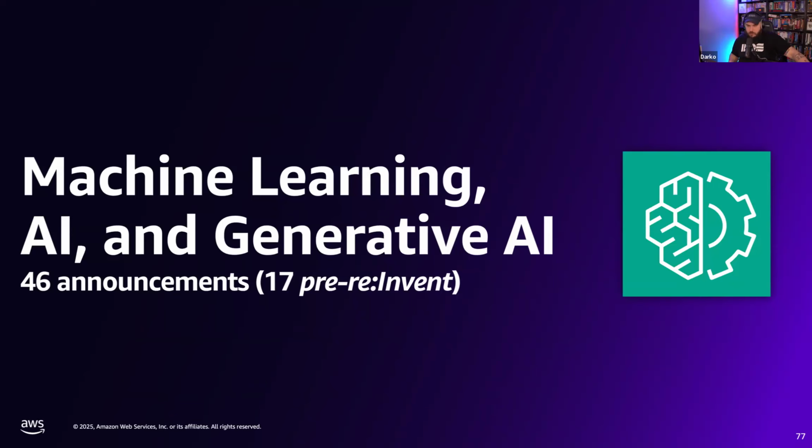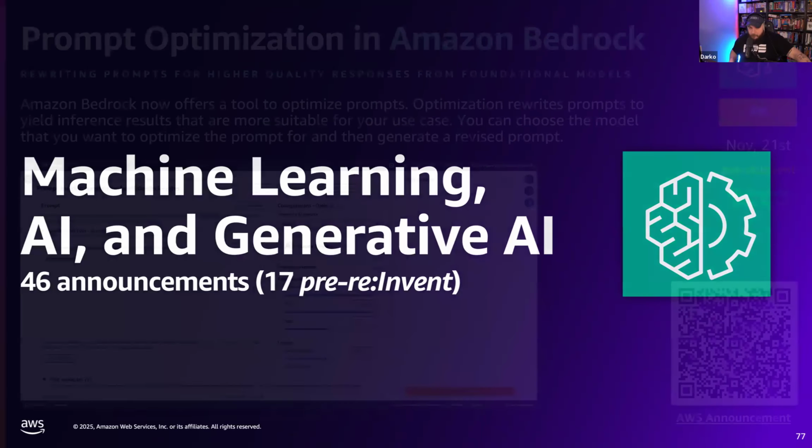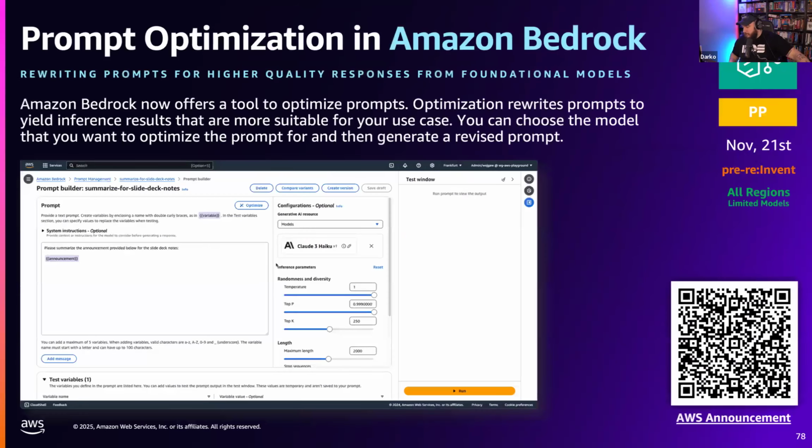Let's get into this thing. Let's start off with a bang. Prompt optimization. In the world of generative AI, prompts and prompt engineering have been this thing that's been over all of our heads and is incredibly important for a successful application powered by generative AI. Creating a good prompt is more critical than ever. Prompt Optimizer, available in public preview right now, can help you optimize your prompts. So let's actually do this.